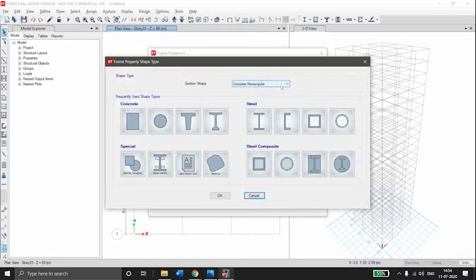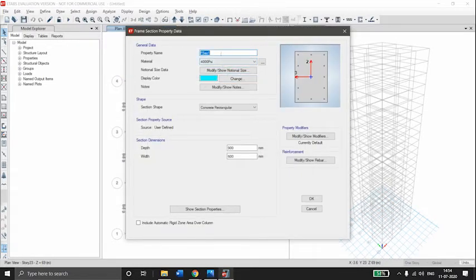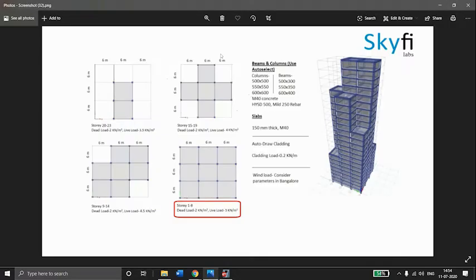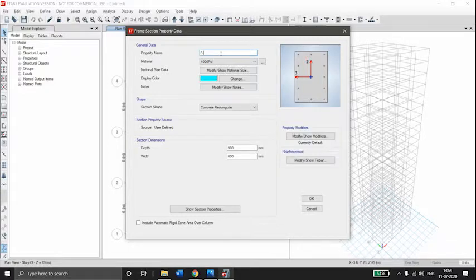So add new property, concrete. Capital B for beam. Size of the first beam is 500 into 300. Material will be M40.